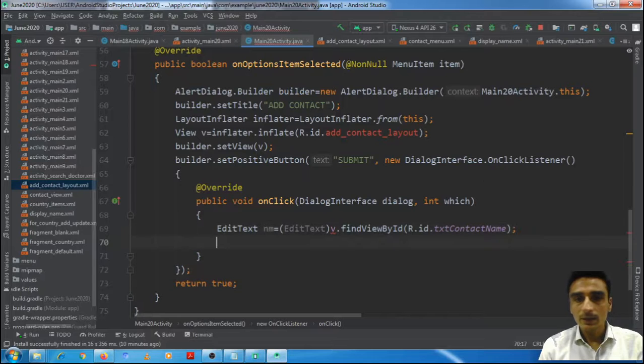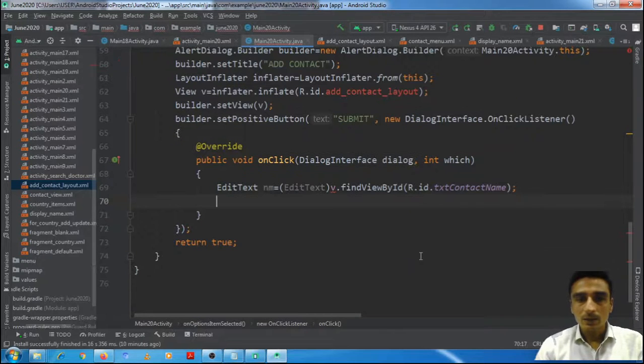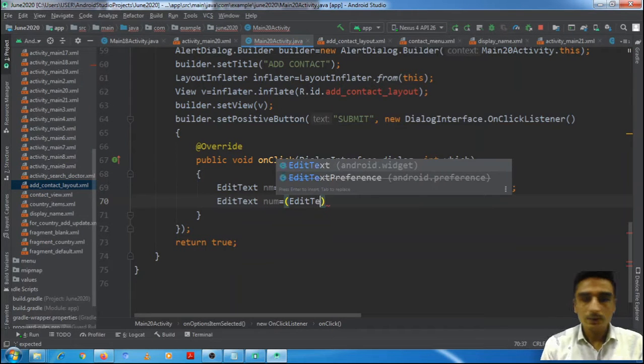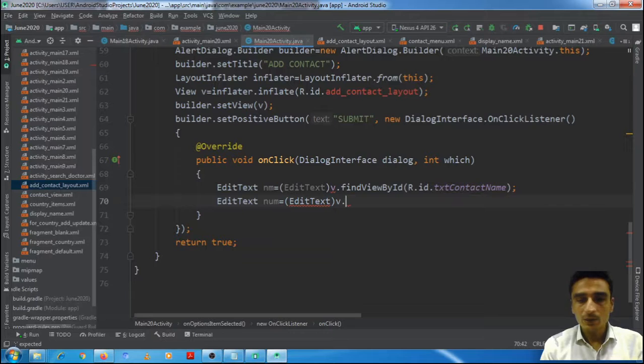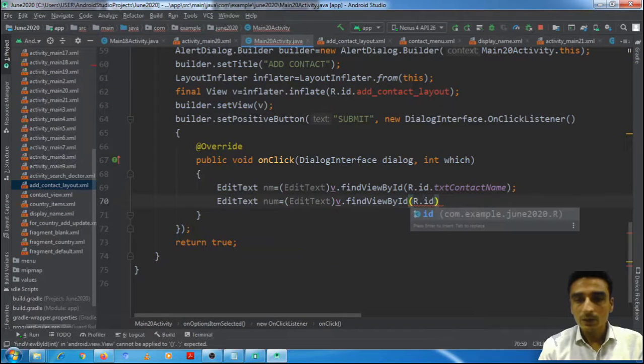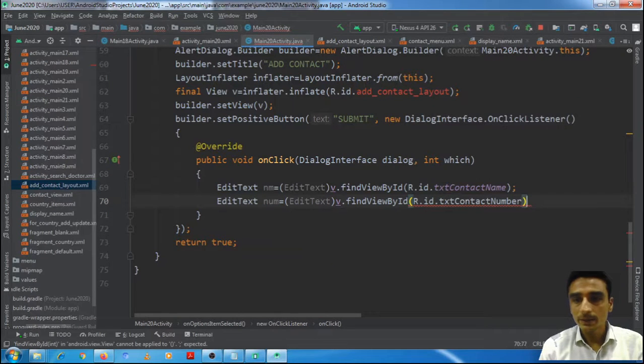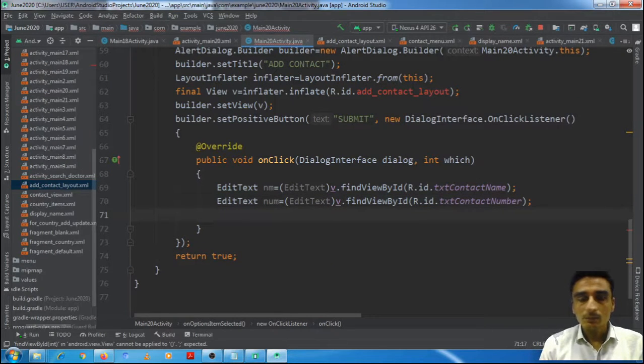Another, edit text number is equal to edit text, v dot find view by id. V is not final. r dot id dot txt contact number.